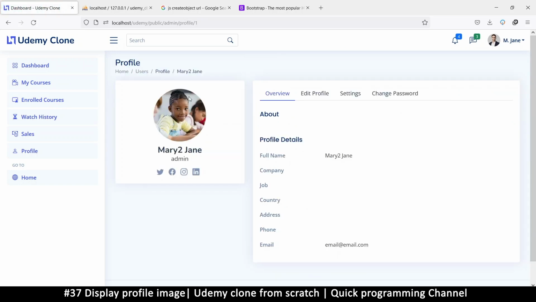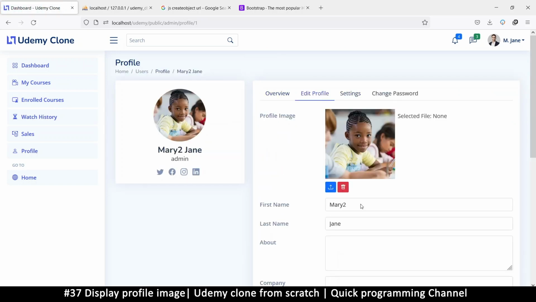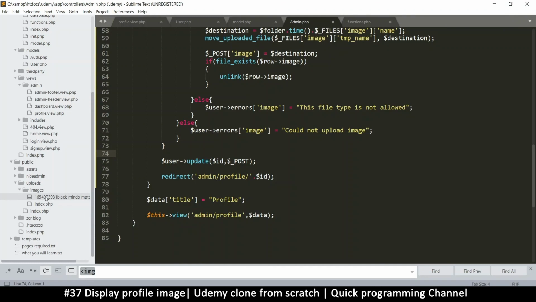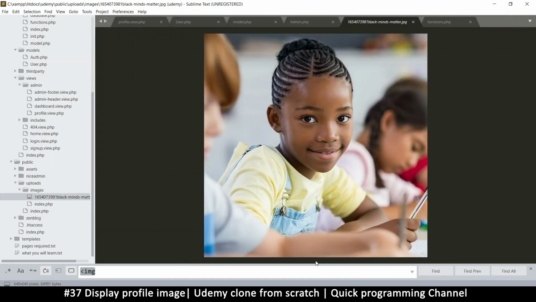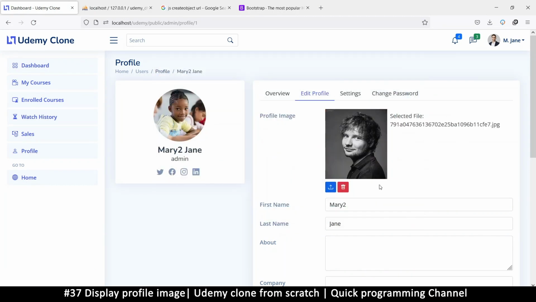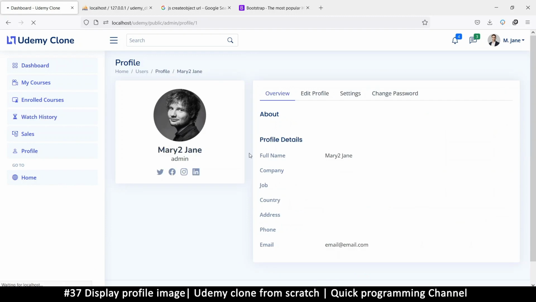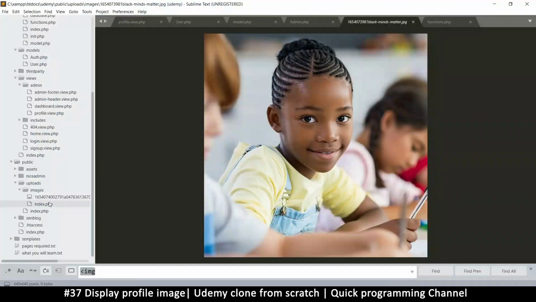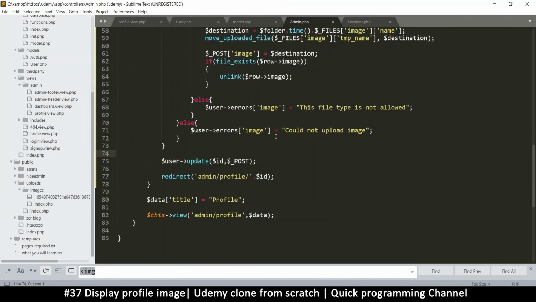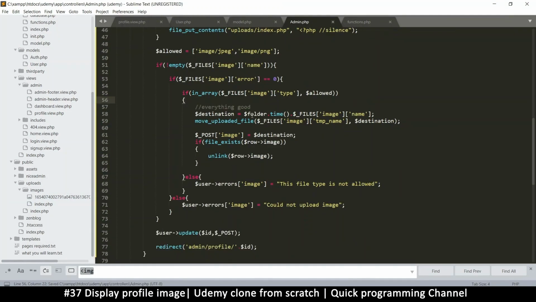Save, and there we go. New image. However, if we check here, if I close that, there's still one image here, only that, no Ed Sheeran anymore. And if we try to add him back, you will see that still there's only one image here, Ed Sheeran. So good file management there. Right, so now that we are done with this,